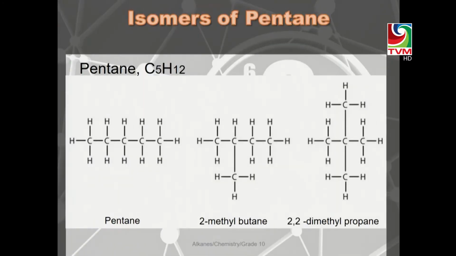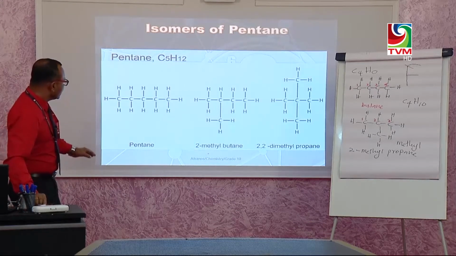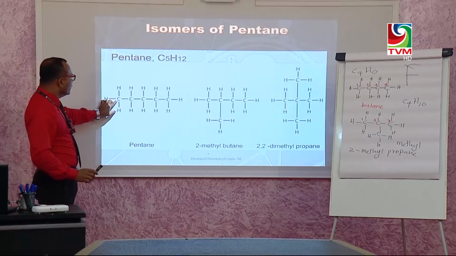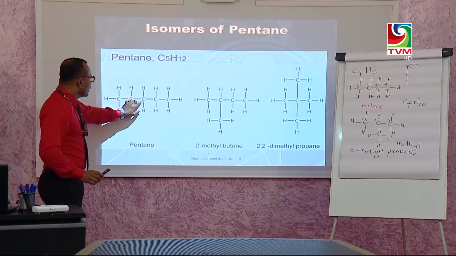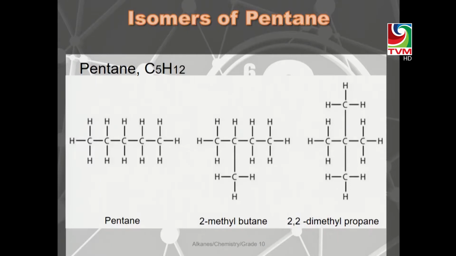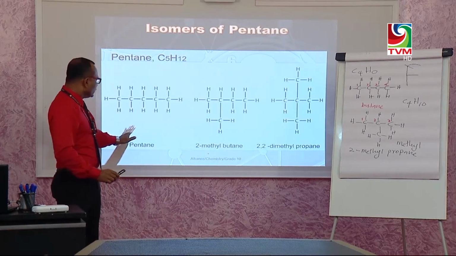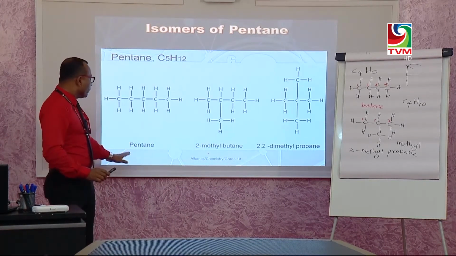Next, we will come to pentane. Look at the isomers of pentane. There are how many isomers of pentane? There are 3 isomers. You may see the linear one. It has 5 carbon, 1, 2, 3, 4, 5 carbon. All the carbon are in the continuous carbon chain. We do not have branch. So we call it as pentane.